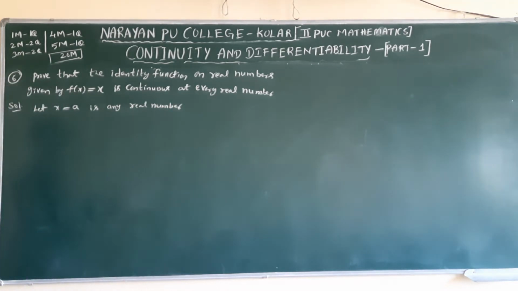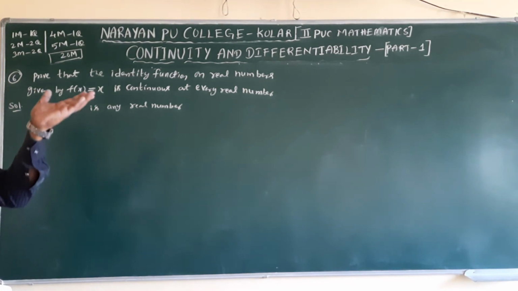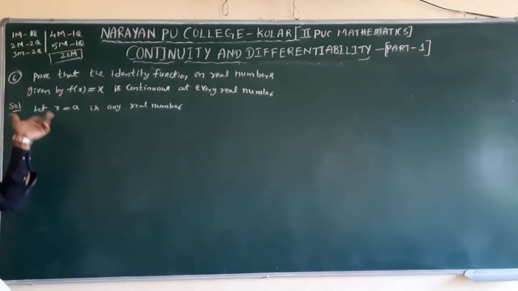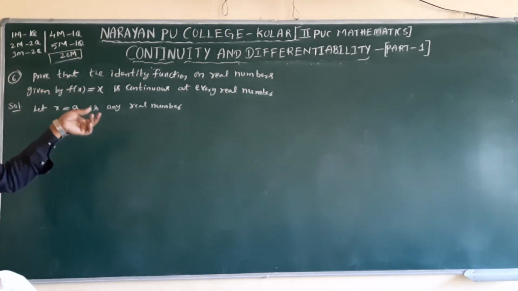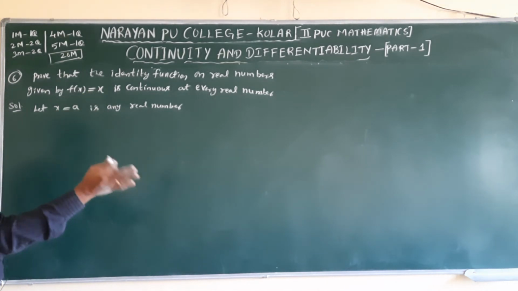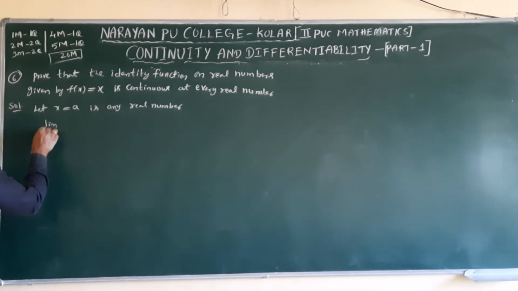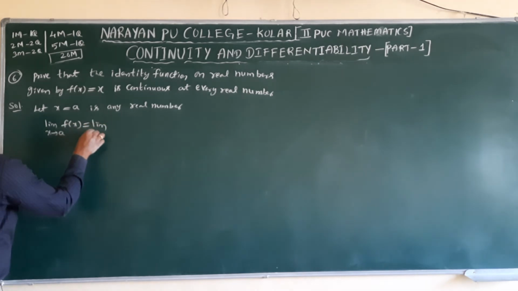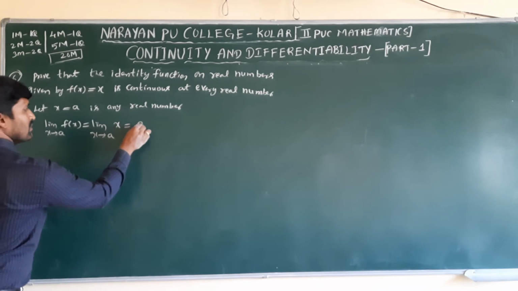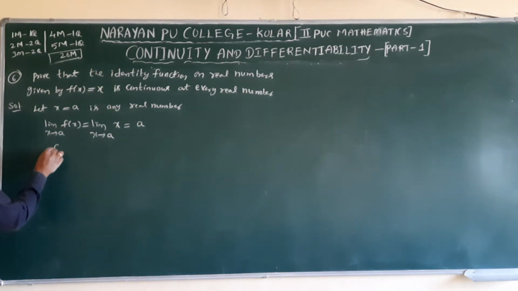At this point we verify this. Continuous means for every real number it is continuous. Real numbers have infinitely many numbers. We are not able to check at every point. That's why we are taking one common symbol. That symbol is a, which can be any real number. Here also restriction is not there and less than, greater than is not given. That's why we are taking the first definition. Limit x tends to a of f of x equal to limit x tends to a. What is f of x? X. So substitute x value, what? A. I will find out the functional value also, f of a, directly at x equal to a.